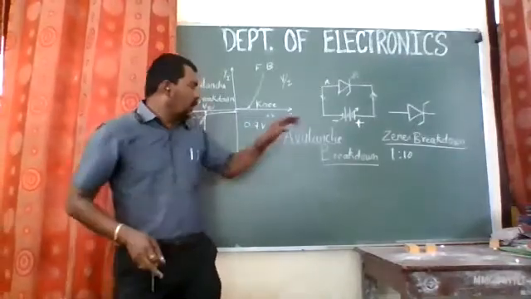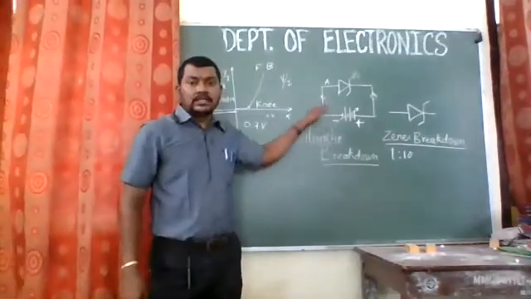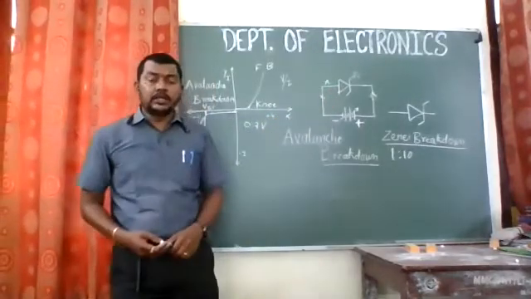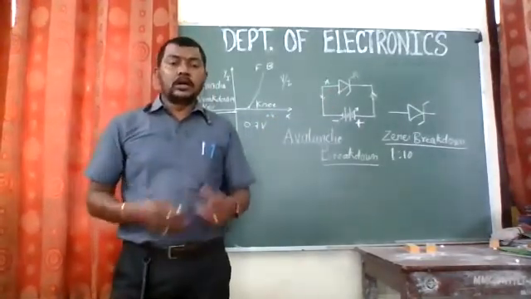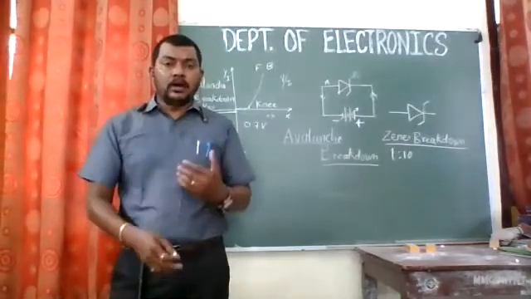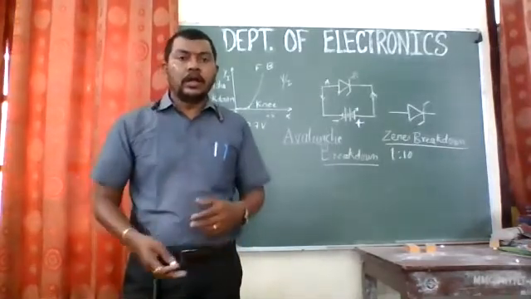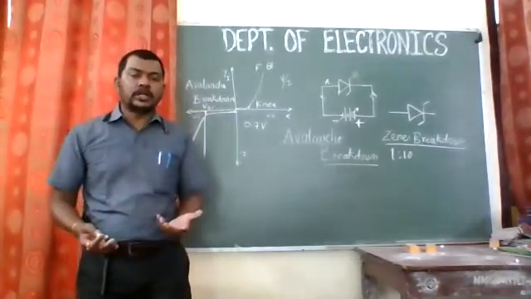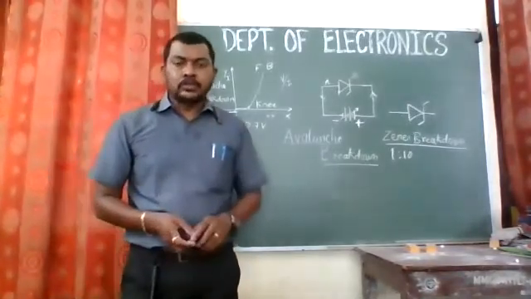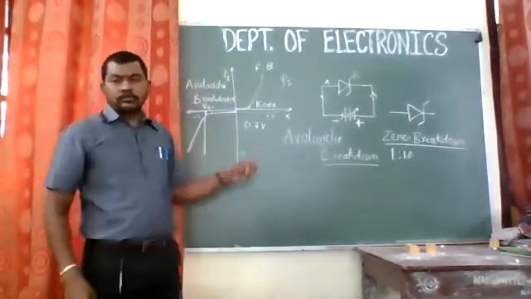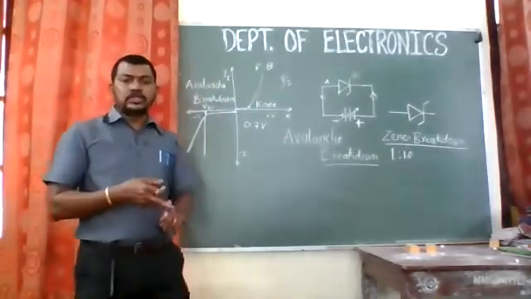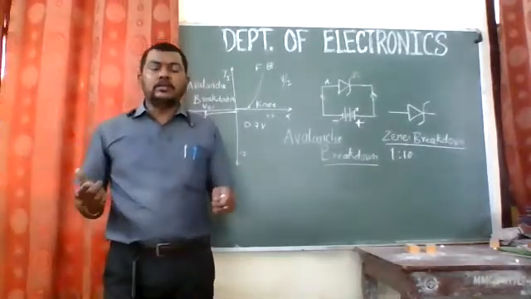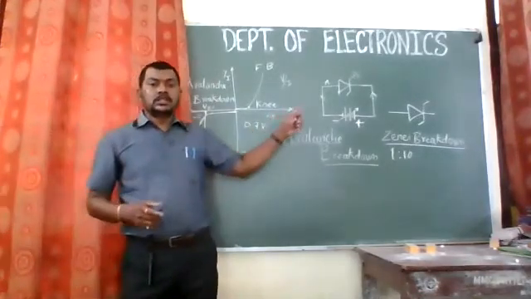Whenever you increase the temperature of this diode when connected in reverse bias condition, the avalanche breakdown will happen earlier. It will increase the avalanche multiplication, because you are indirectly increasing the temperature. So I guess you have understood the whole concept of avalanche breakdown, Zener breakdown, the effect of temperature on avalanche breakdown, and what the Zener diode is, right?